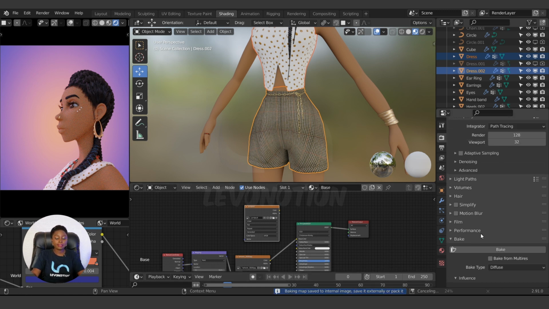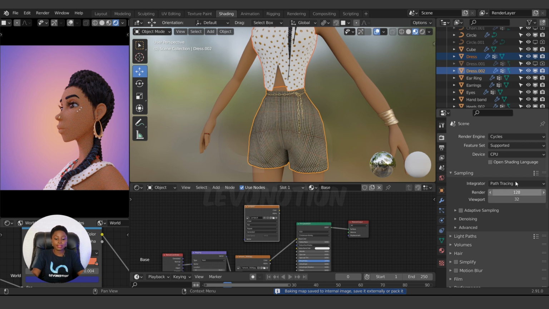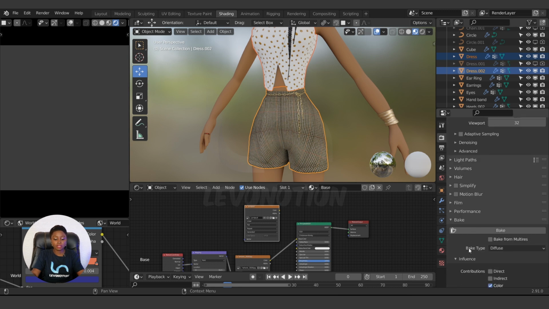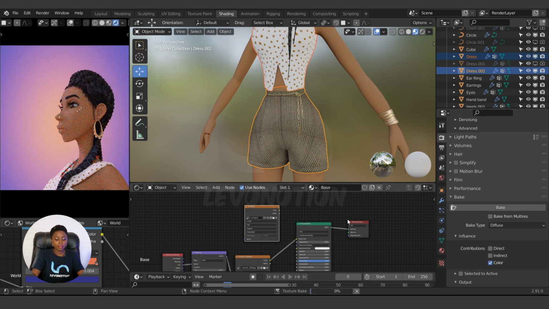It's slow, and another thing that can help with your baking, if you have your GPU, is you can change to GPU compute. So with that changed, you can just bake again. This GPU is faster than the CPU baking. It's very fast compared to CPU.